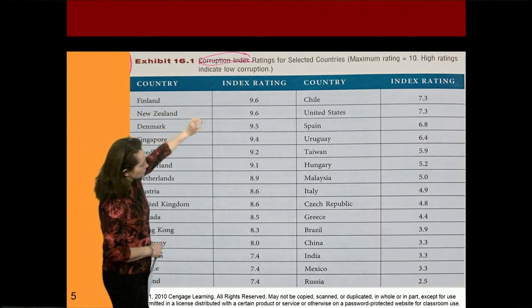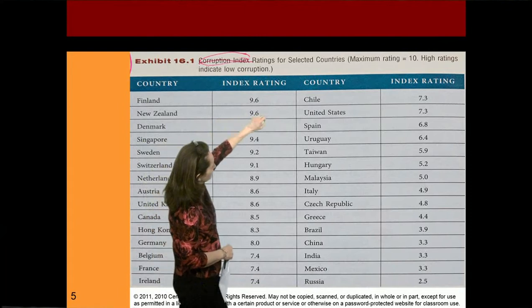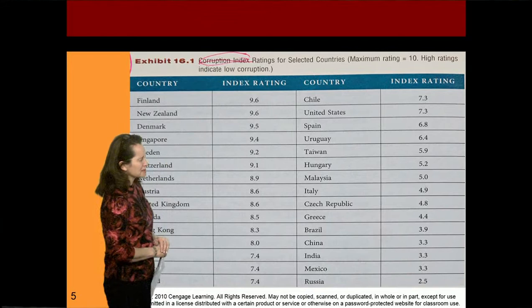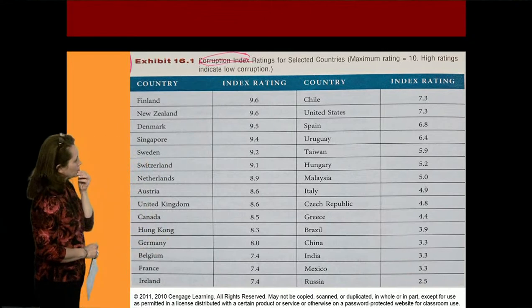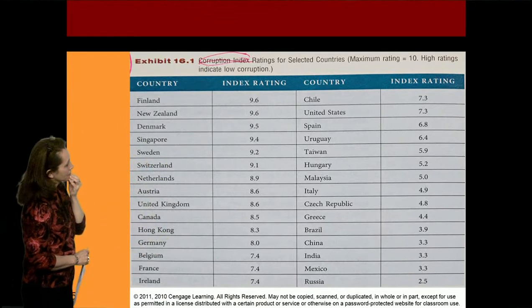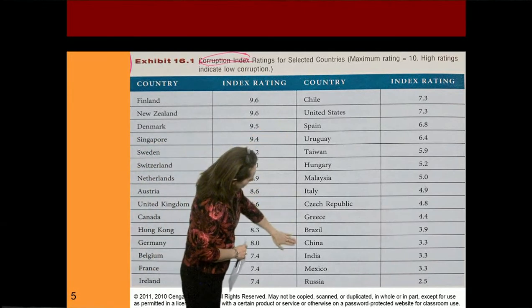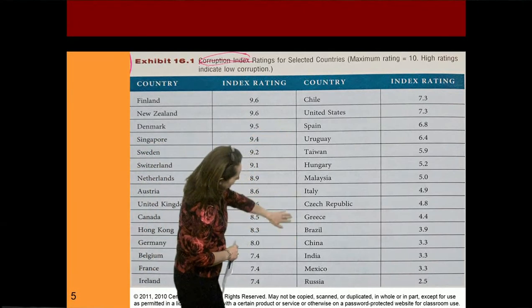But if you go to the other side, look where the US is located now. The US is actually 7.3. The last time I checked the corruption index, we were about 19, so we had gotten a little bit worse with corruption. But if you go all the way, look at India, China, Mexico, Russia, some of these countries